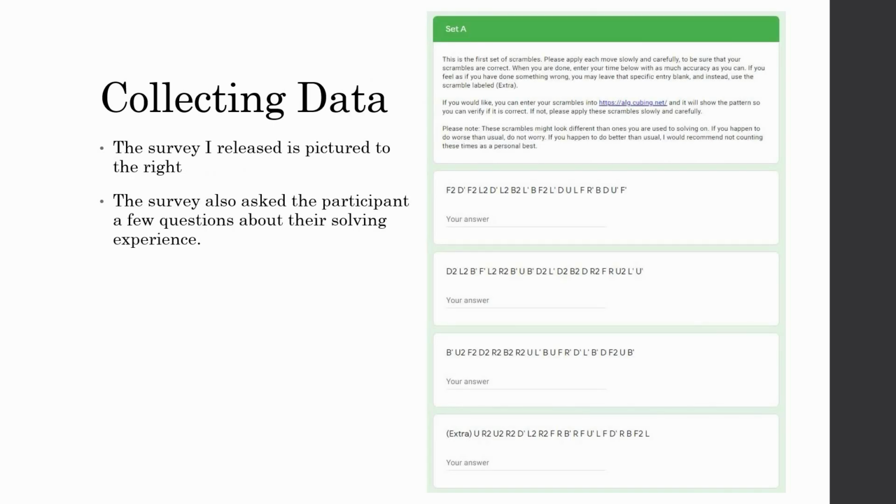And then when I actually went to collect my data, I did it in a Google form. I collected my data in sets. Set A was my distance 20s and set B was my distance 19s. I did this from distance 20 to distance 13 because I wanted to see if there was any correlation. The survey looked exactly like this. This is a screenshot. You would have 3 scrambles and then 1 extra, but the extras ended up not really getting used. Basically the participants would read these scrambles, put their results in, and then all of this data gets sent into a spreadsheet here,